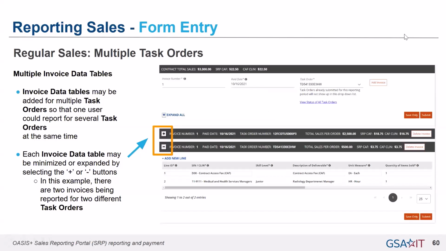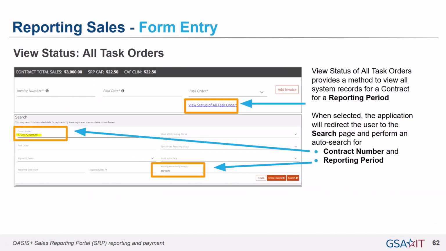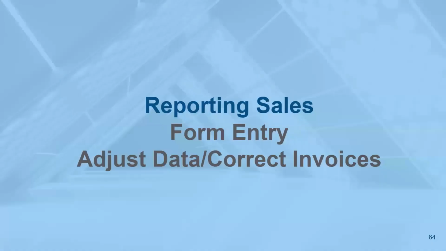And you can also add additional invoices or additional task orders, so you don't have to submit one entry at a time. So we can expand and add more lines, add more invoices, so you can go on and report everything you need to for the month if you have a lot of active task orders, right? So let me do, and modify, delete invoices. Let me do a quick demo on just how the form entry works for